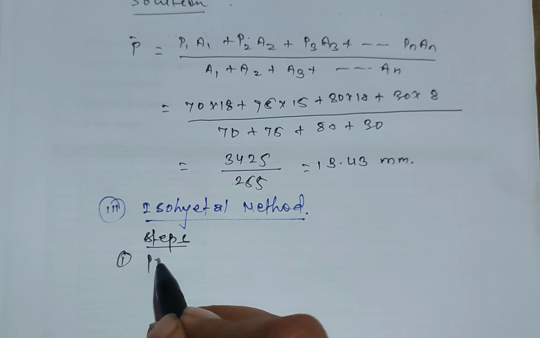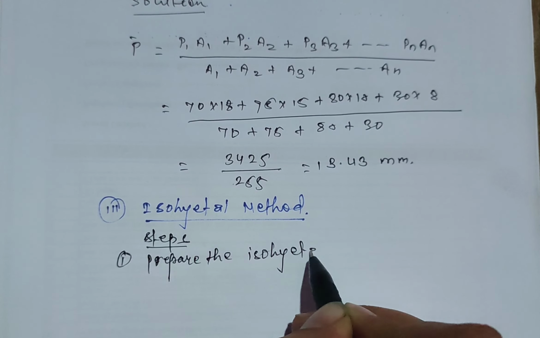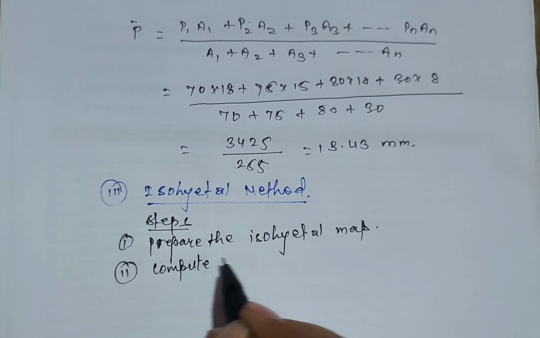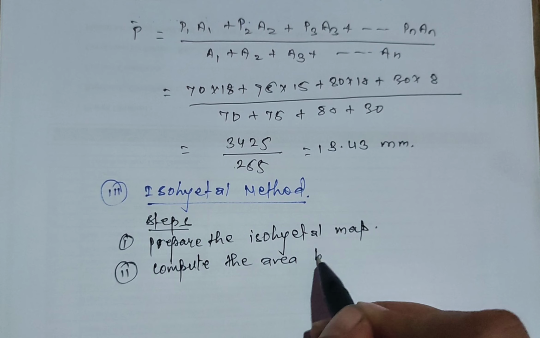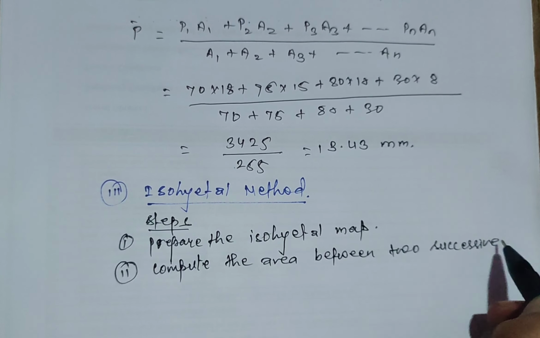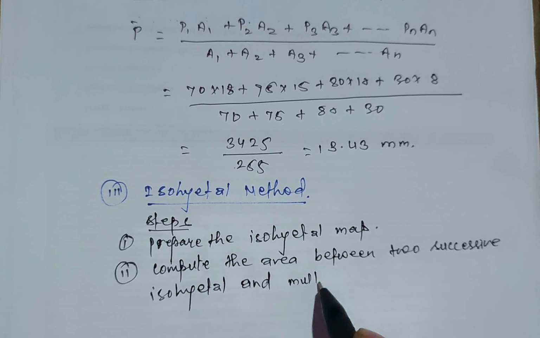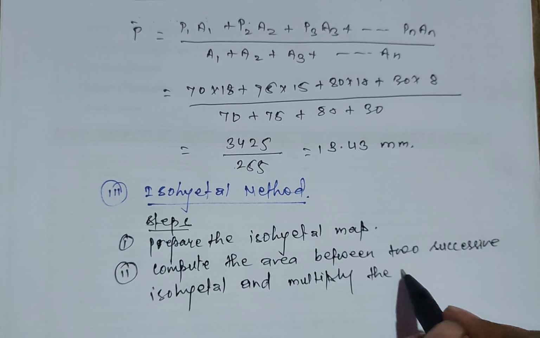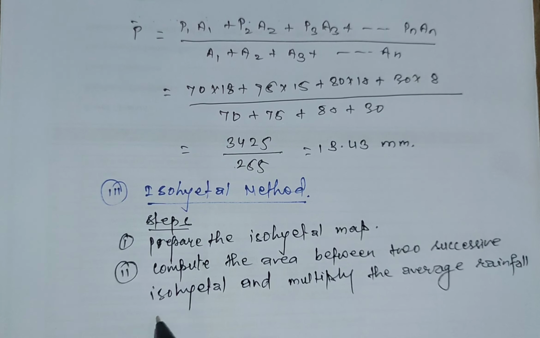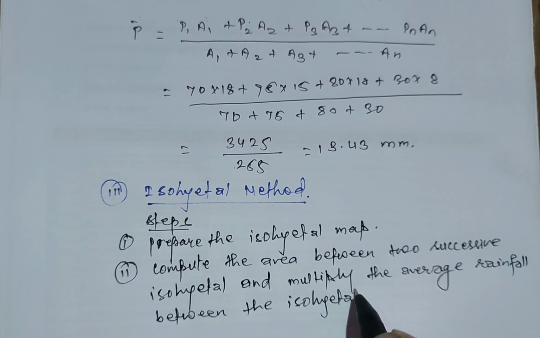At first, prepare the Isohyetal map, and in the second step, compute the area between two successive isohyetals and multiply the average rainfall between the isohyetals, using the formula